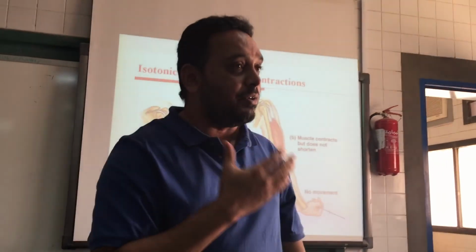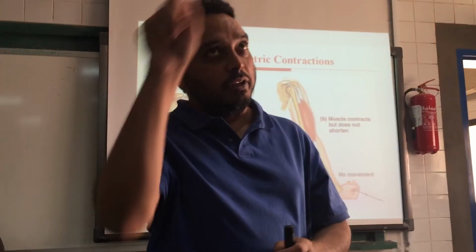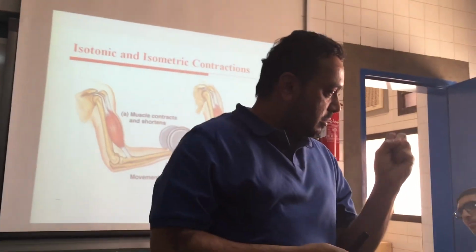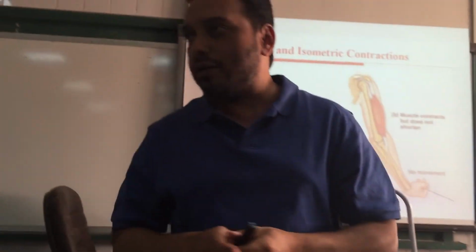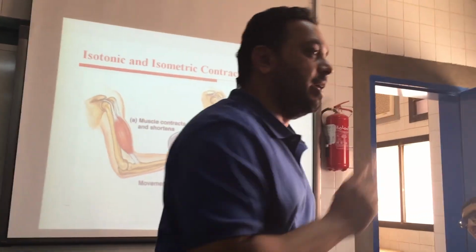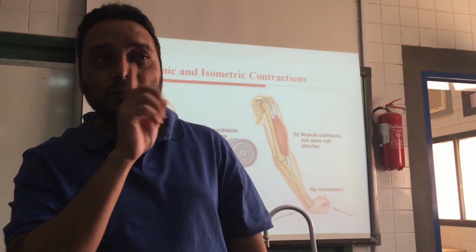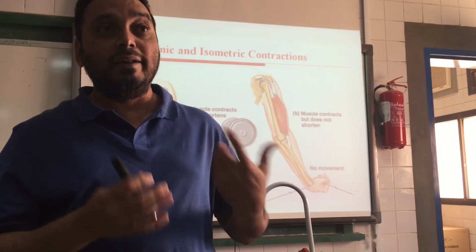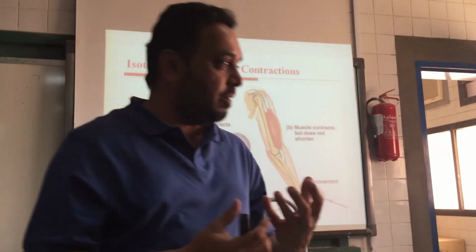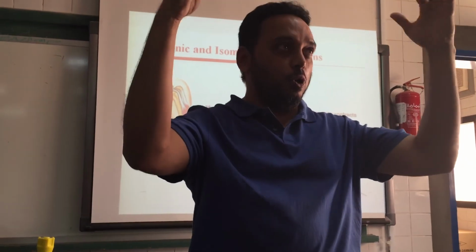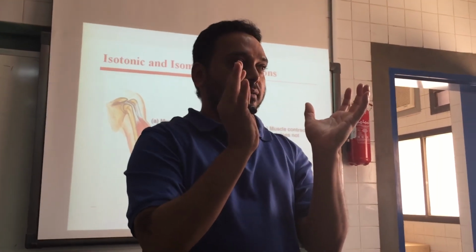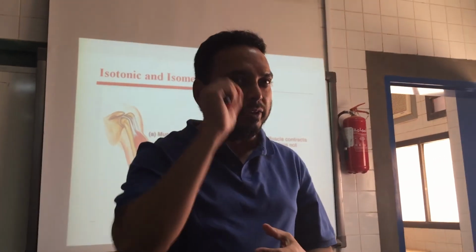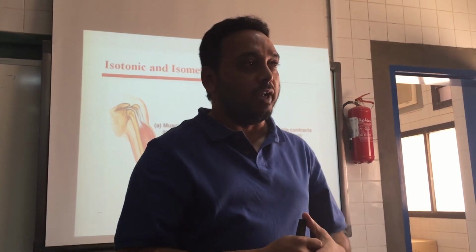there is an isometric contraction period of the heart in the cardiac cycle. You know the cardiac cycle? 0.8 second. One complete cycle of the heart takes place in less than 1 second, 0.8 second. In that there are various phases. One of the phases is isovolumetric contraction of the ventricle. The whole blood is filled inside the ventricle and the valves are closed, the incoming and outgoing valves, and the ventricle is beginning to contract. This phase is called the isovolumetric contraction phase of the heart.